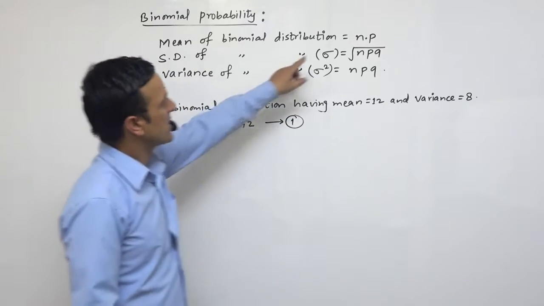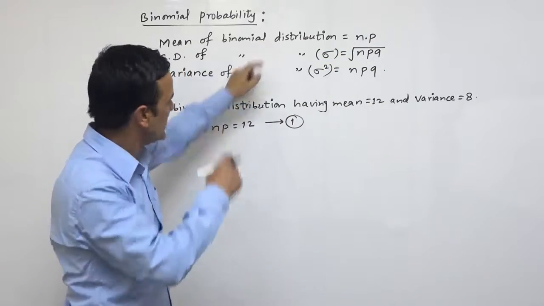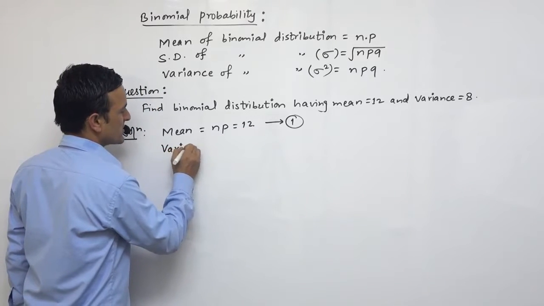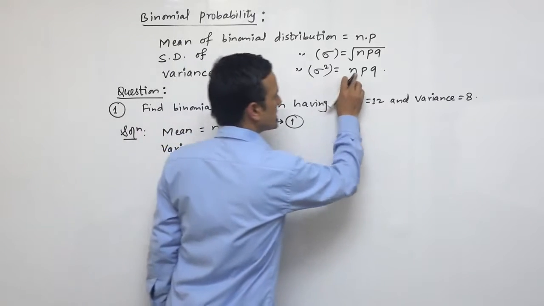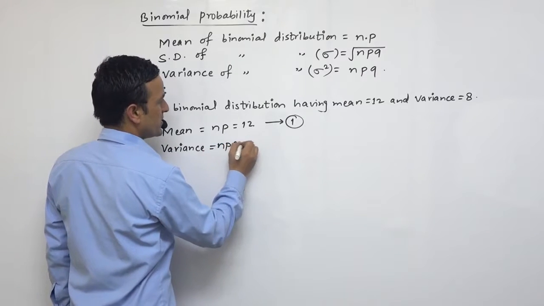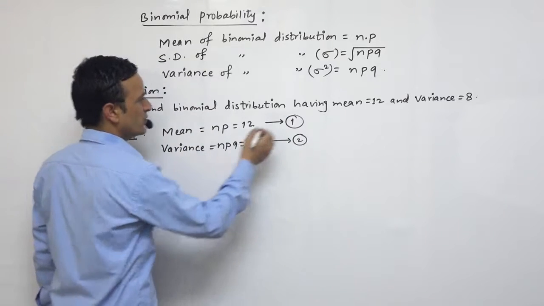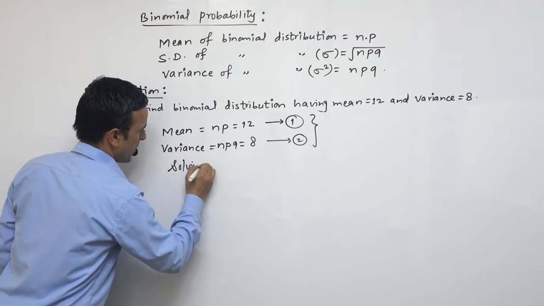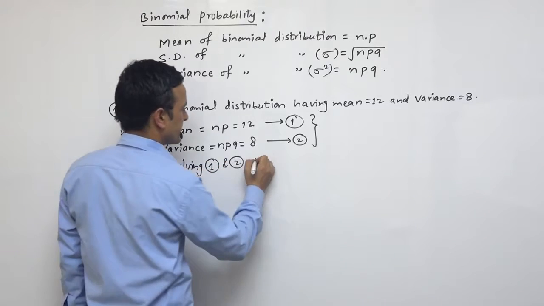Mean of binomial distribution is np according to our formula. So write down np is equal to 12. And variance means this is the formula of variance, npq. So write down npq is equal to 8, equation 2. Now we can solve these two. Solving 1 and 2, we get